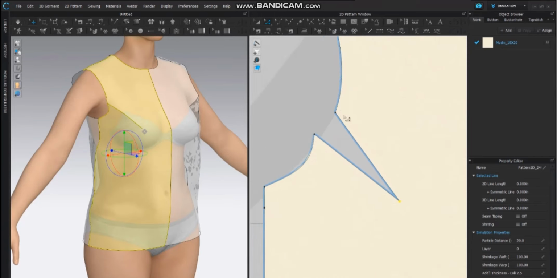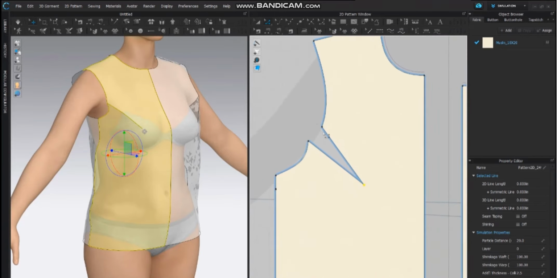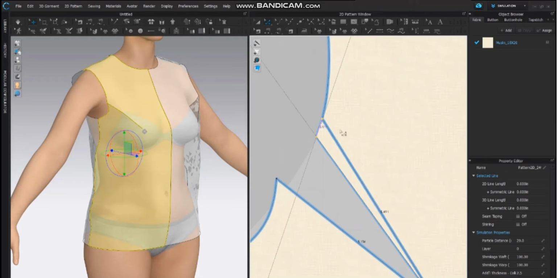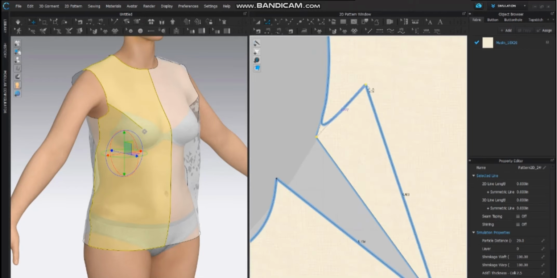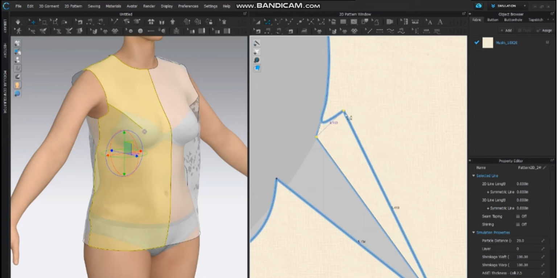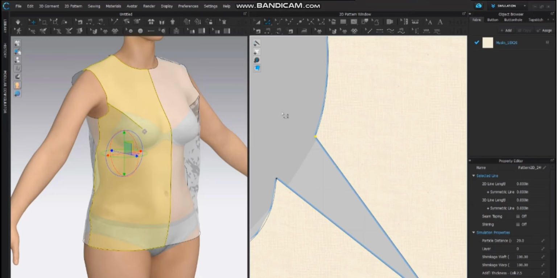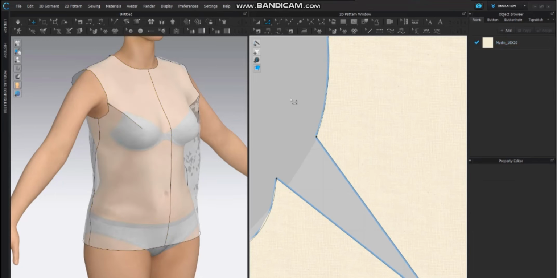And then I'm going to start slowly widening this dart up. So from here, I'm going to select this point and start moving, but I don't want the armhole area to move, so I'm going to hit D. And when you see stuff like this happening, it's because there's a curve point there. So I'm going to let go and hit Edit Undo to undo any minor change that I made, go in with my edit curve point tool and